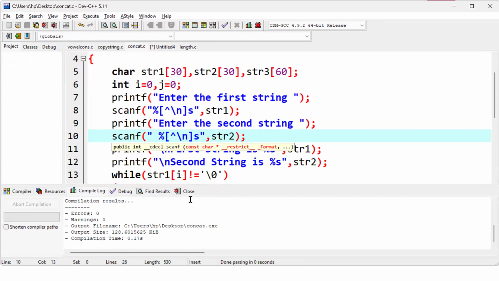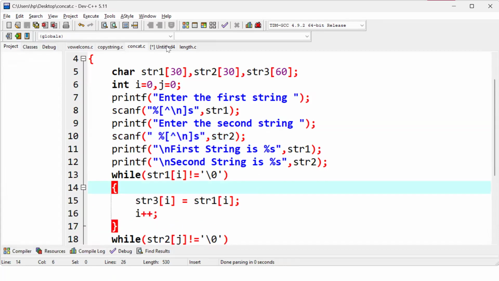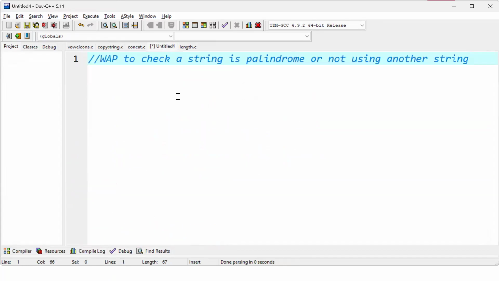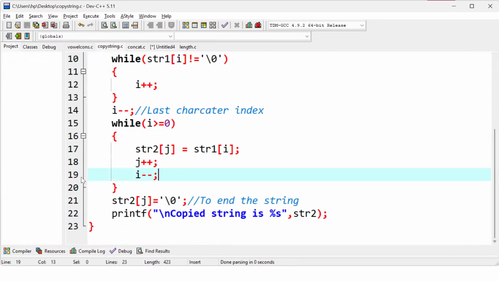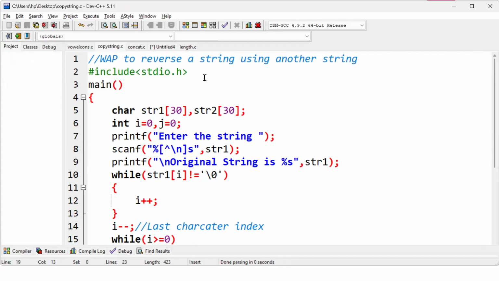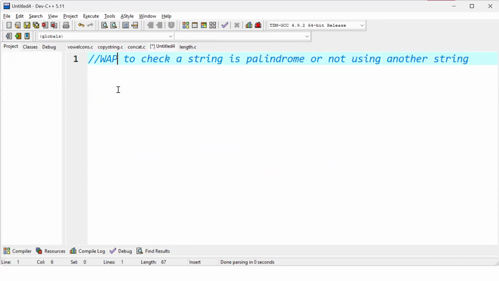Okay. So hope you have understood. Clear? One program I am leaving for you, that you have to check a string is palindrome or not. That means you have to reverse a string. Already reverse we have done. Clear? The copy in the reverse order we have done already. So that program you have to again copy here, and you have to compare both the strings are equal or not. For example, suppose the string